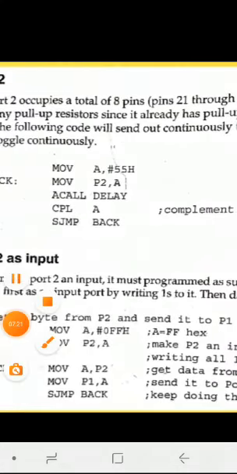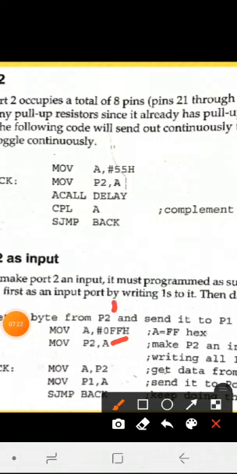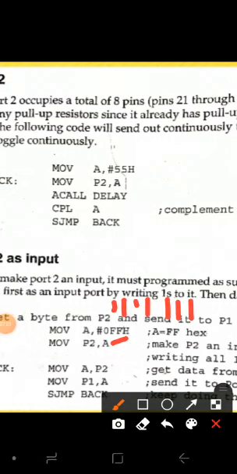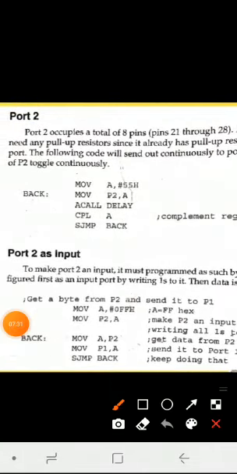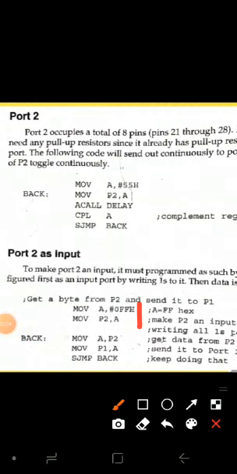So FFH you have written. FFH you know is 1 1 1 1 1 1 1 1, so all 8 pins you are sending 1s. Yes, you made port 2 work as input. In the next section, the information present in port 2 you are sending to port 1. So you took the data from P2 and stored it in the accumulator.